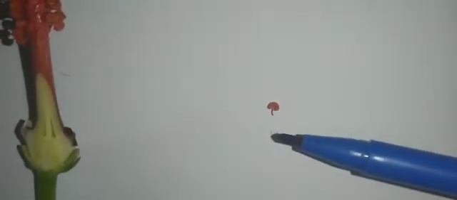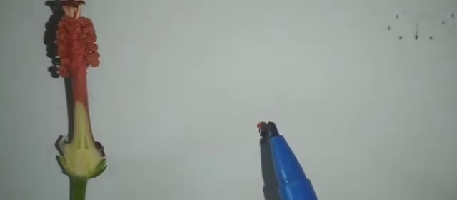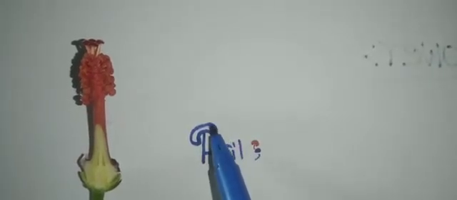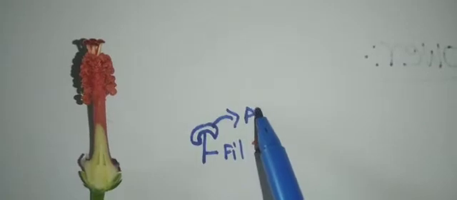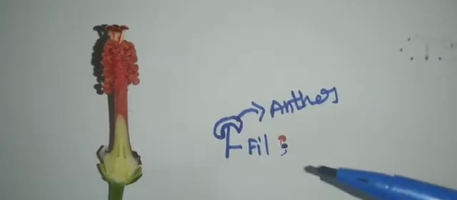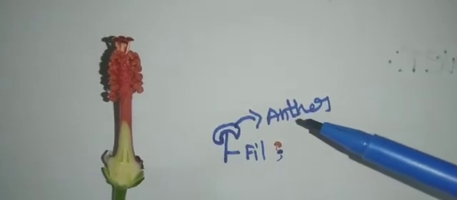Here also there is a stalk, a filament-like structure, no? This is called the filament. ಇದನ್ನ filament ಅಂತ ಕರಿತೀವಿ. And in each stamen there is a lobe-like structure, you can find a structure like this. This lobe-like structure we can call the anther. So there is a stalk called the filament. ಇದನ್ನ filament ಅಂತ ಕರಿತೀವಿ.